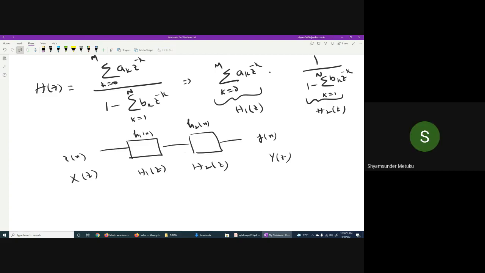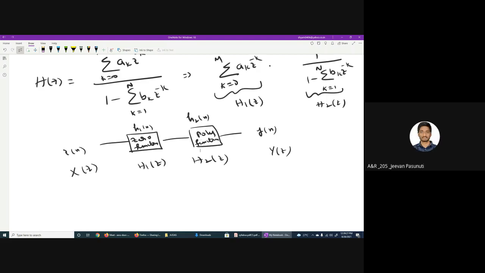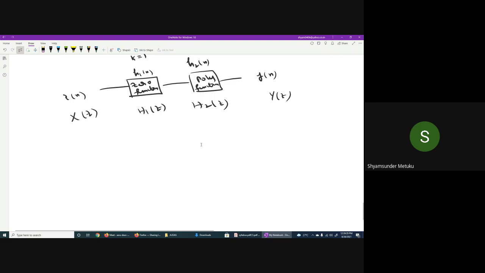Yes, sir. So from the definition point of view, whenever the numerator becomes 0, H1 of z becomes 0, isn't it? Can I write the zeros function, and can I write the poles function here? Zeros and poles function, if you multiply, you will get H of z, isn't it? I'm giving names, so I'm just splitting actually. The reason for splitting you'll come to know very soon. So is it clear now?